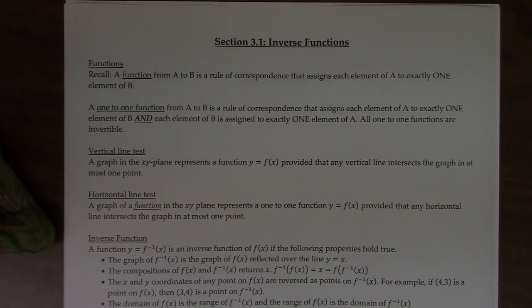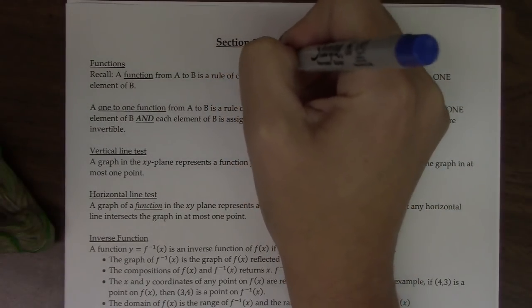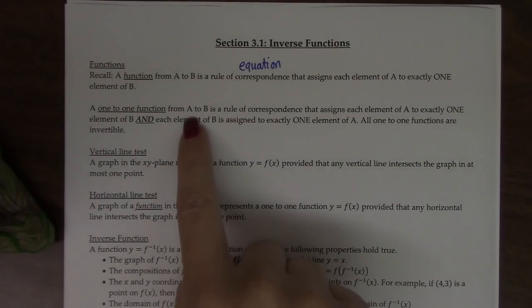Section 3.1 deals with inverse functions. So we actually talked about functions in the last review, and remember, a function is a rule of correspondence or an equation, right, is typically how we're going to define it, that assigns each element of A to exactly one element of B. And now we also say a one-to-one function is a function, so A has to go to